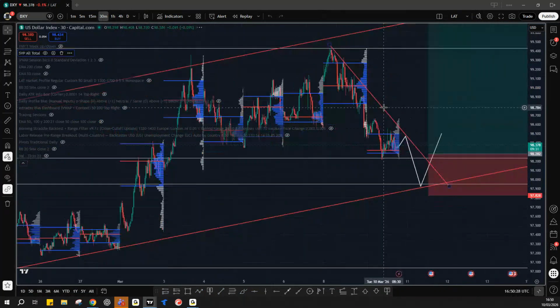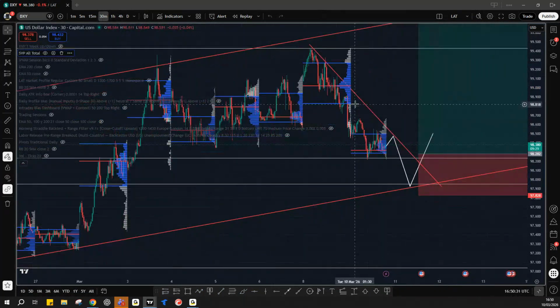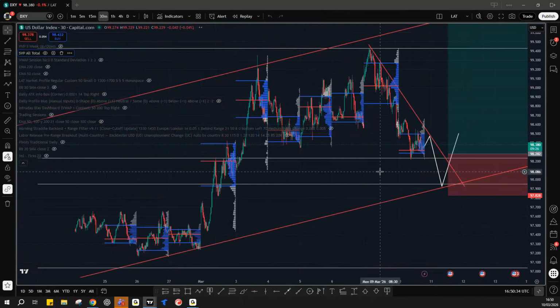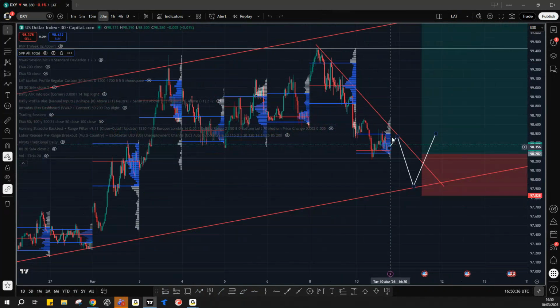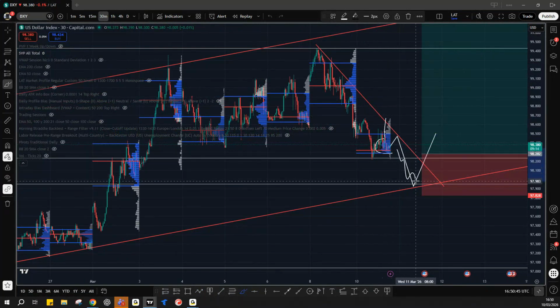Today was pretty bearish, opened below the previous day's value area low, didn't quite come for the retest, but we have seen that continuation short for now. If this closes today like this, we've got maybe a bit of a B shape, which would show a lack of acceptance at the high of the day, more acceptance at the bottom of the day. Following day might get that continuation short. So again, keep an eye out for that as well.